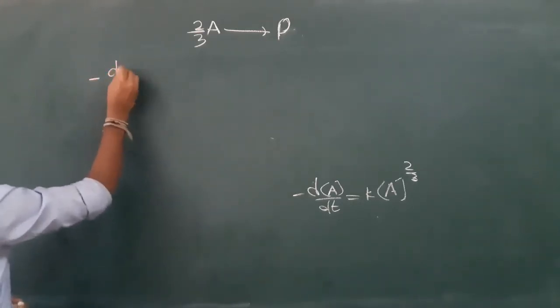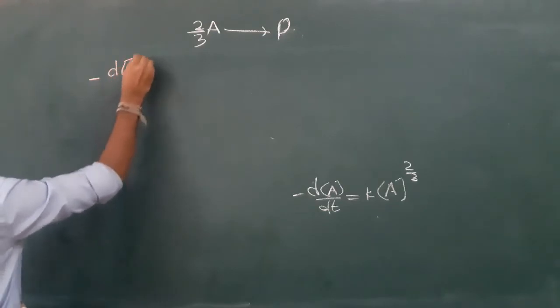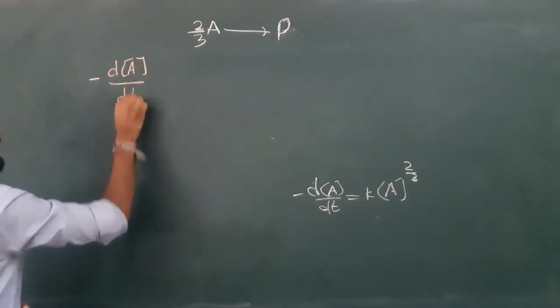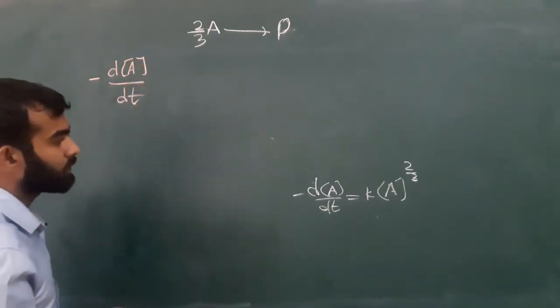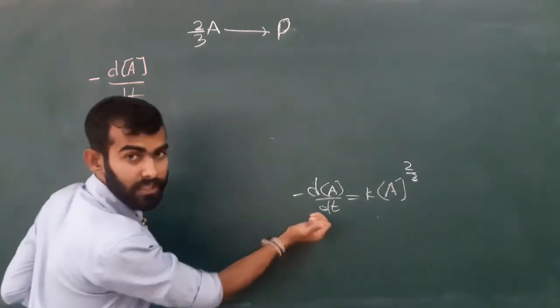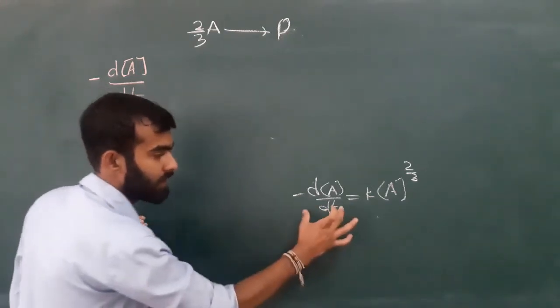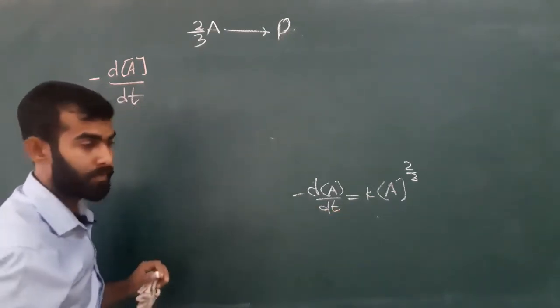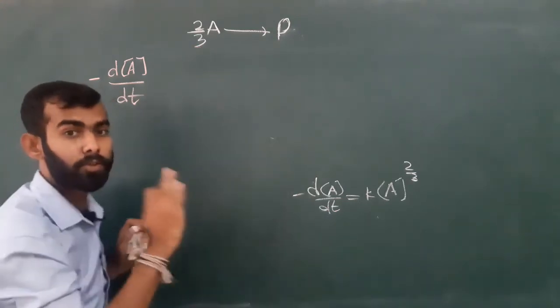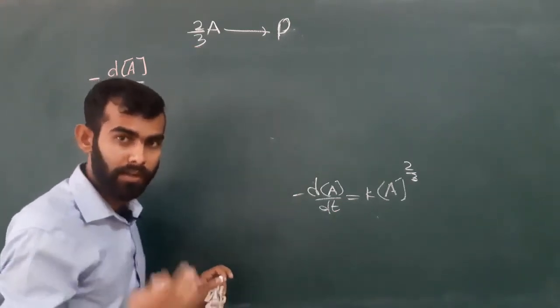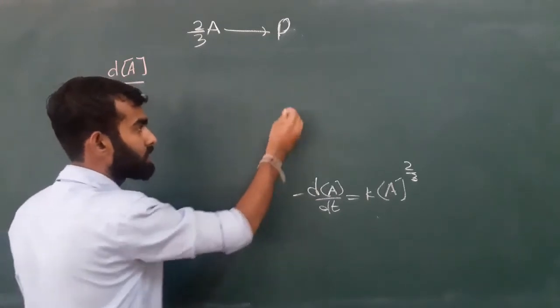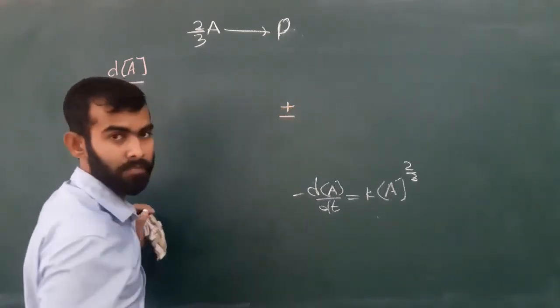Minus dA over dt. However, there is a mistake here. What is that? When we write down a rate expression, we have to think about the stoichiometry also. You can remember that. There is a common equation flow, plus or minus